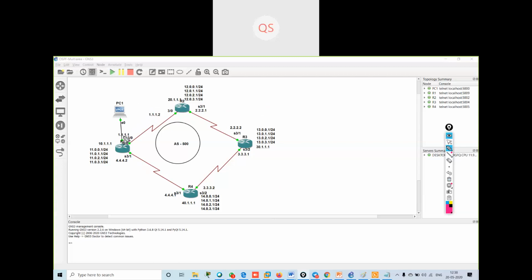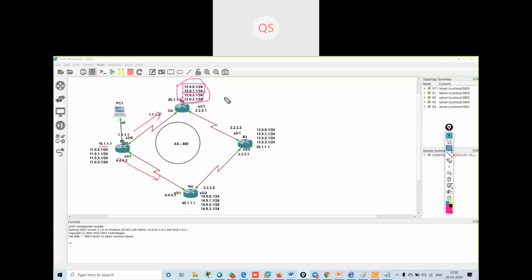Suppose I'm having 12 dot loopbacks. If any user in my LAN wants to go to these two networks, 12.0.0.1 and 12.0.1.0, it will use this best path, and if it wants to go to the other two loopbacks, it will use this path. I can do this thing.